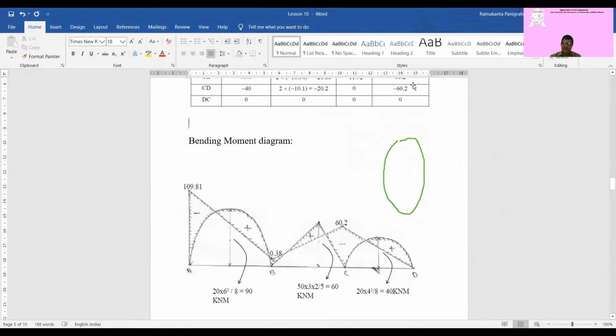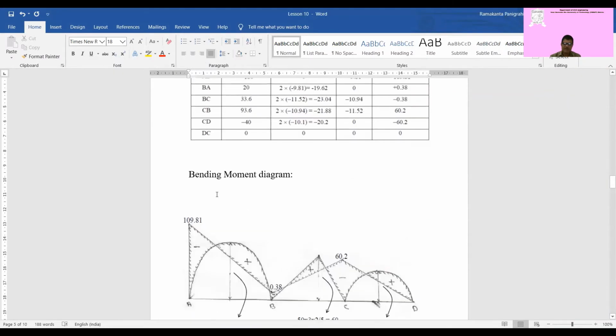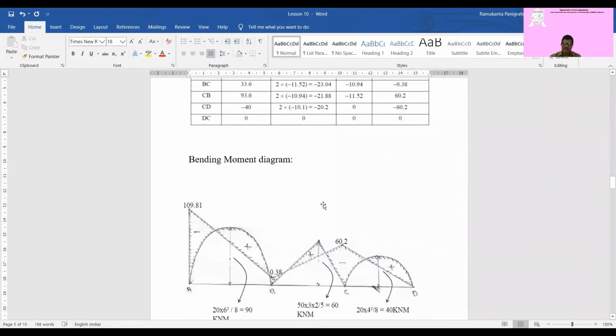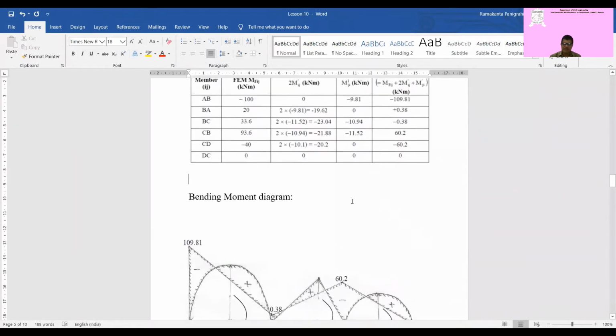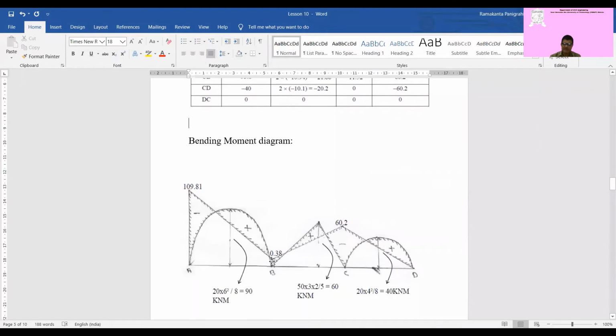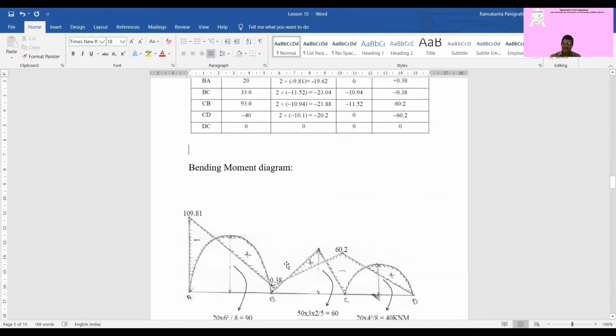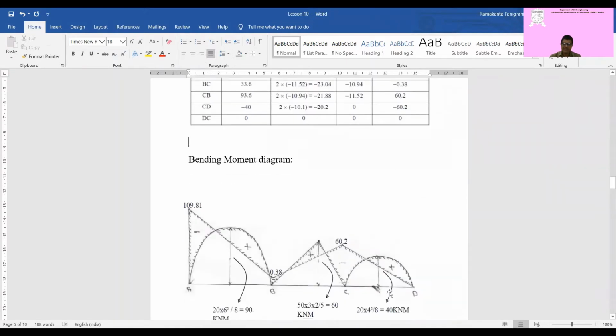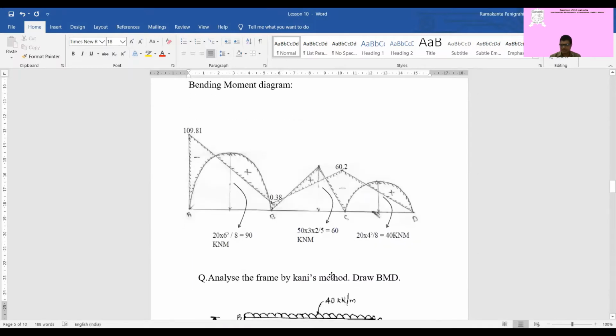So now this is the bending moment diagram we have drawn. So it is minus 100.91. Minus means it is anti-clockwise, so negative. Then plus means again here it is negative bending moment. Clockwise from this side is negative, and minus 0.38 again negative. So all these values are negative, with which you have to superimpose this bending moment diagram as simple B. That will give the final bending moment diagram.